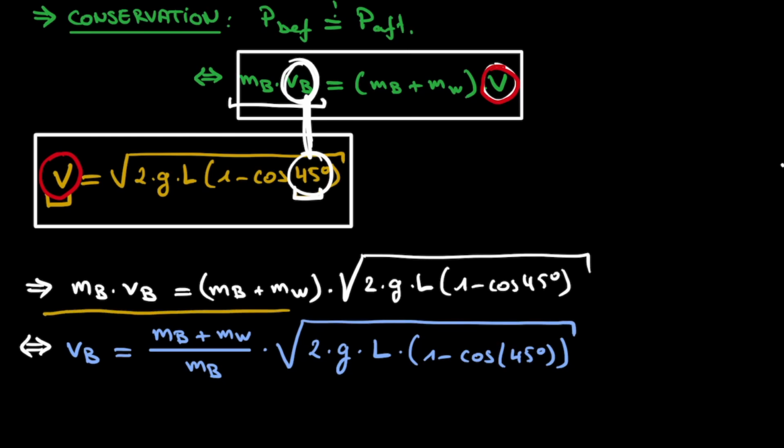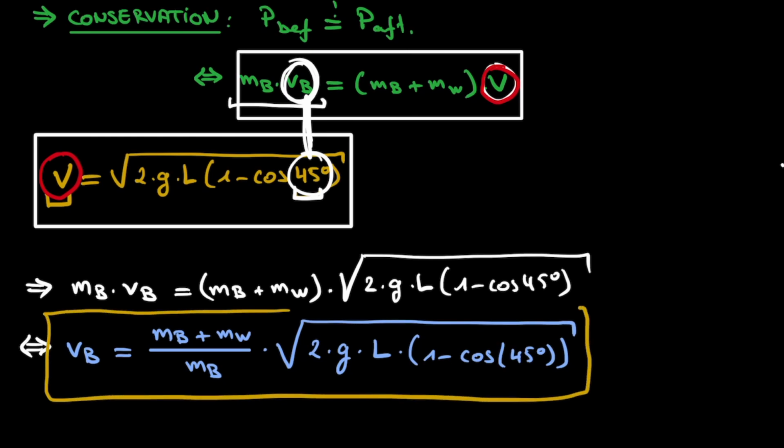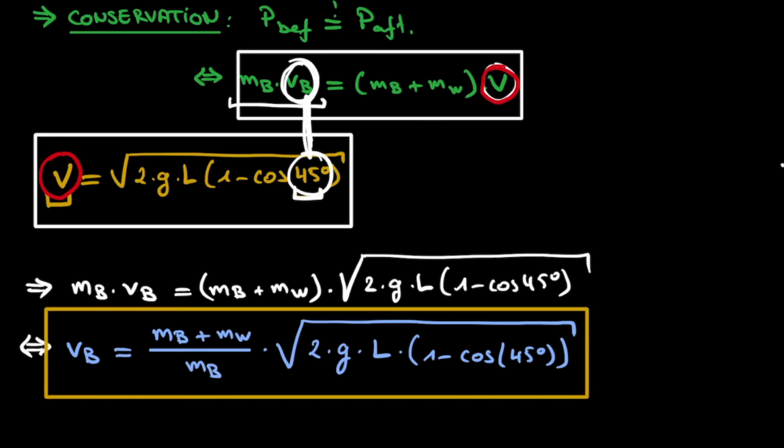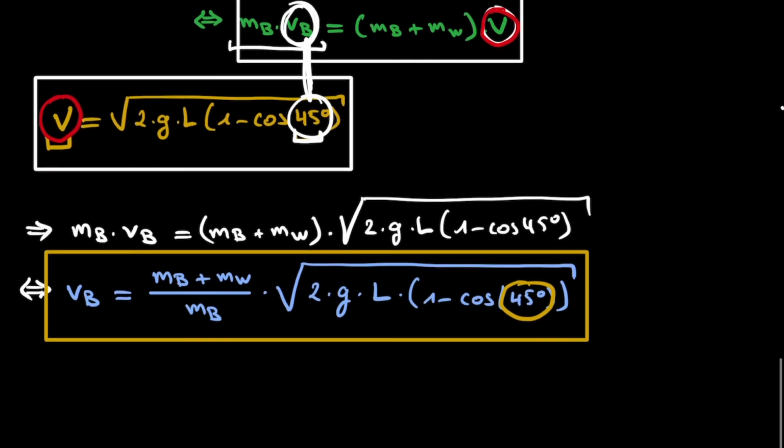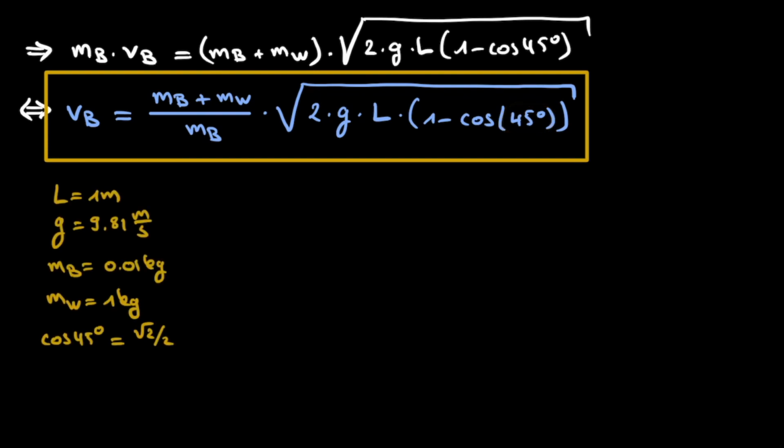Now this will be the final result of all of our calculation labor. And we see that we've connected the velocity of a bullet going into a bag of sand that is hanging still and the angle with which this bag of sand will be maximally displaced. And of course we can now measure any angle, in fact, not just 45 degrees, and just plug it into this equation. However, just to finish this off, let's now use this 45 degrees and all of the other parameters that we have in this specific system,